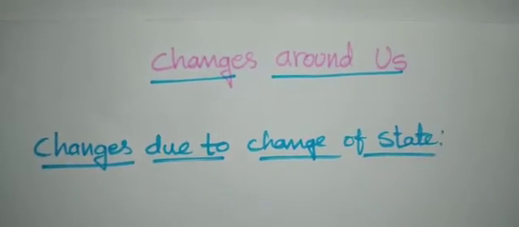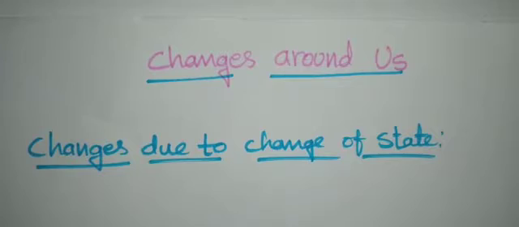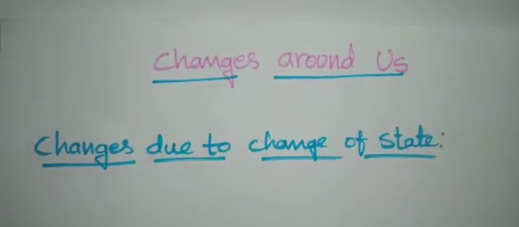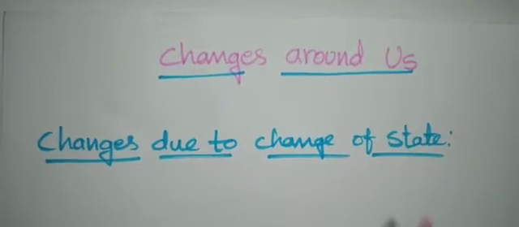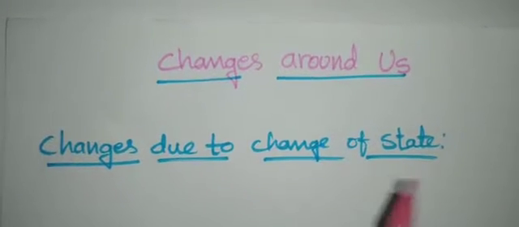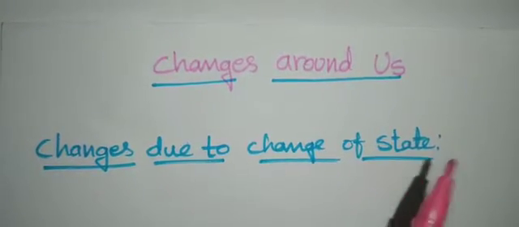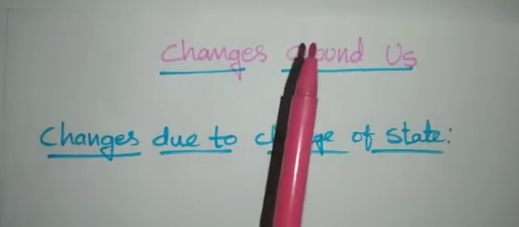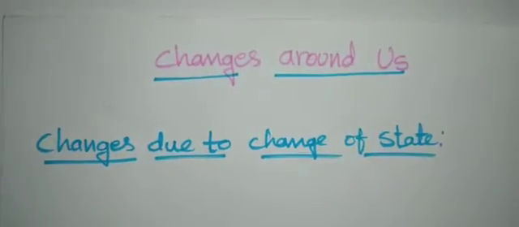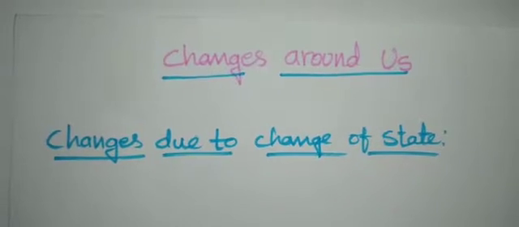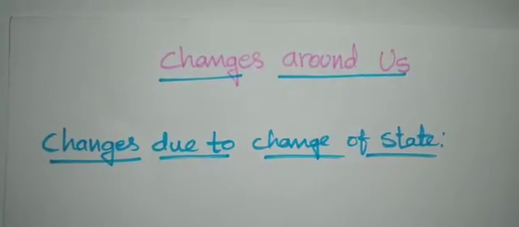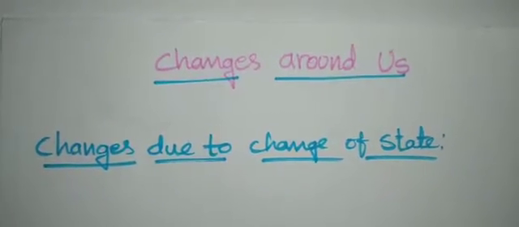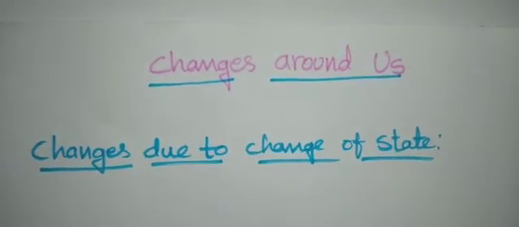Students, you might have observed different kinds of materials, right? Solids, liquids, and gases, right? So these are all called a state. For example, water is a liquid. Air is a gas. Next, any brick or this pen or a color pen, these are all called solids. Okay, so let us observe what this change due to change of state is.